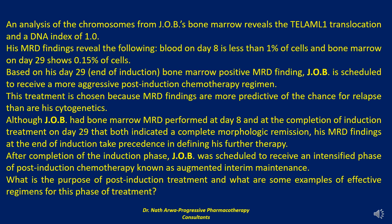To date, the optimum post-induction regimens have yet to be determined. However, a few interesting findings from investigations of consolidation therapy are briefly mentioned. A comparison between high-dose methotrexate 5 grams per meter squared IV every 2 weeks for 4 doses and escalating, Capizzi-style, dose methotrexate, every 10 days, increased by 50 mg per meter squared until toxicity is seen, showed improved 5-year event-free